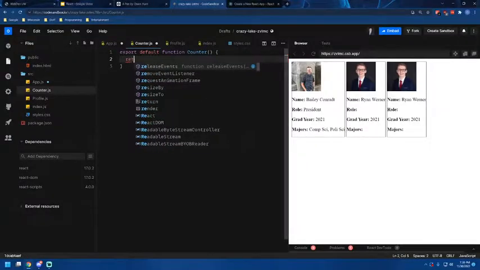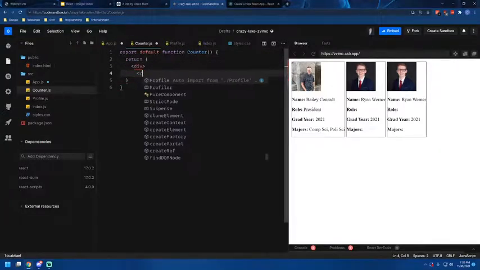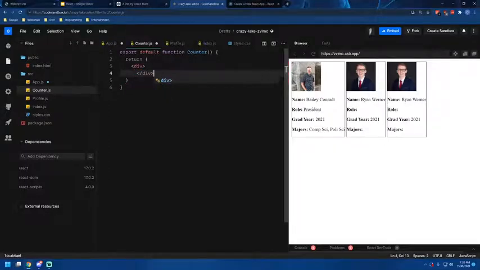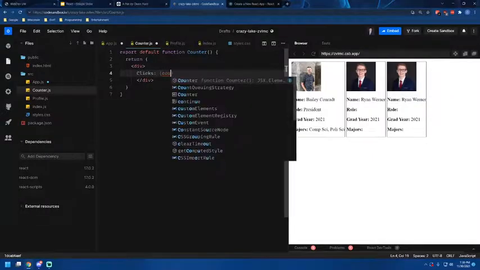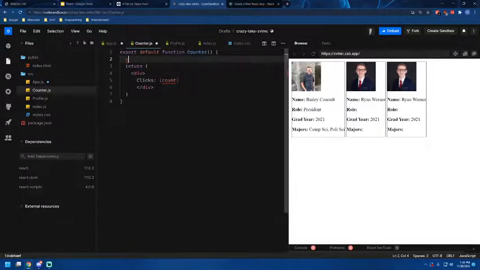We're going to just return some HTML, put a div, and in here let's put some text. Let's say clicks, and then we'll put counter or count. So now we can do something like const count equals 10, and then when this renders,